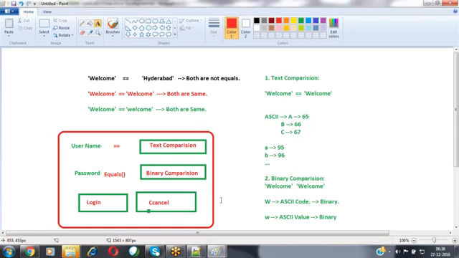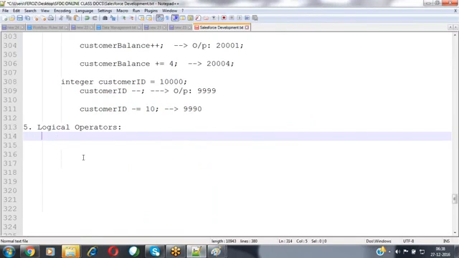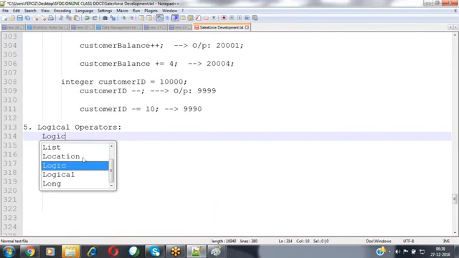Compound means a collection, a set of conditions we group together to verify some functionality. To prepare compound conditions, we use logical operators.